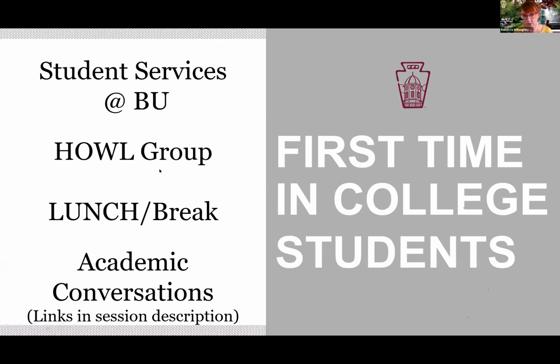Then you'll go to your HOWL group with some of our fantastic student leaders. You'll get connected with some other students and learn about some of the different technological platforms that we use here at Bloomsburg that you'll be using in your day-to-day life as a student once you arrive here. Then we have a bit of a lunch break for the first time in college students, and then the academic conversations begin at